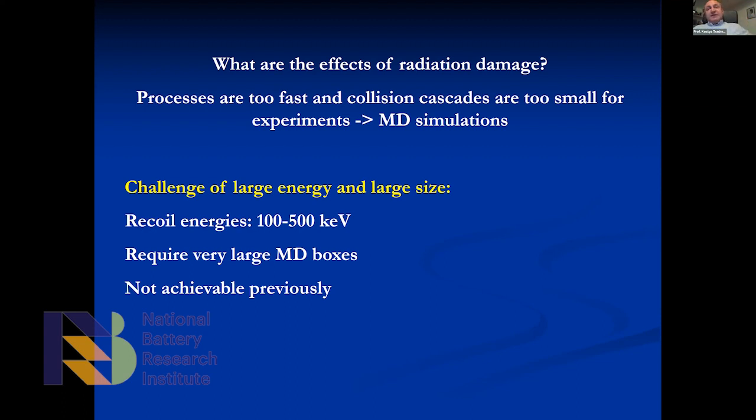And when I was doing my PhD, to simulate a system of 10,000 atoms, I had to use a state-of-the-art vector supercomputer at Cambridge University. These days, anyone can do that on their own laptop. So hardware has increased enormously in the last 20 years or so. Even then, it's a challenge to simulate very large system sizes, right? Because the recoil energies are very large,